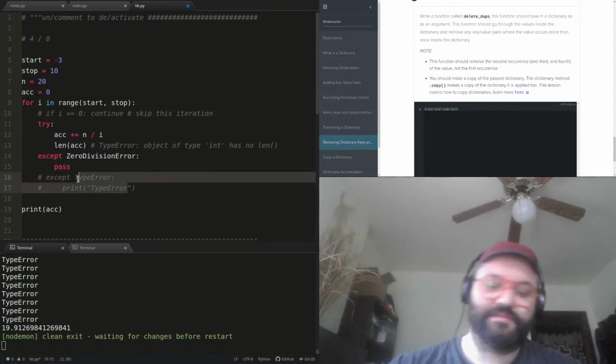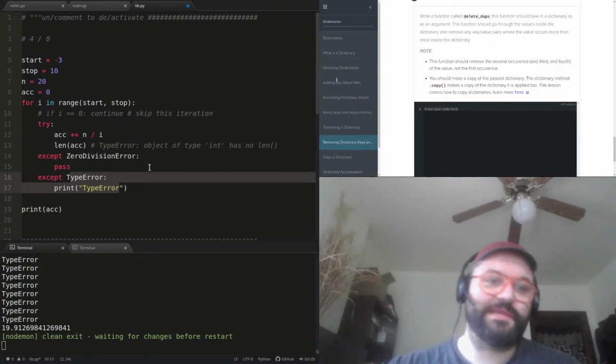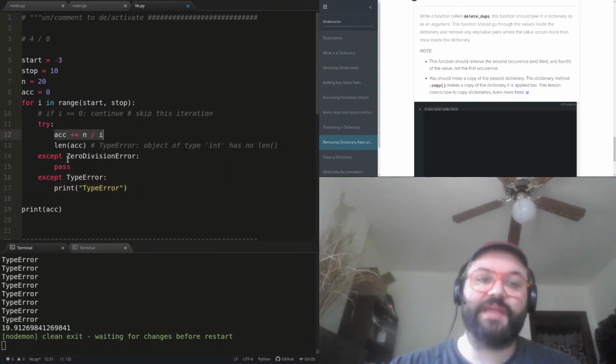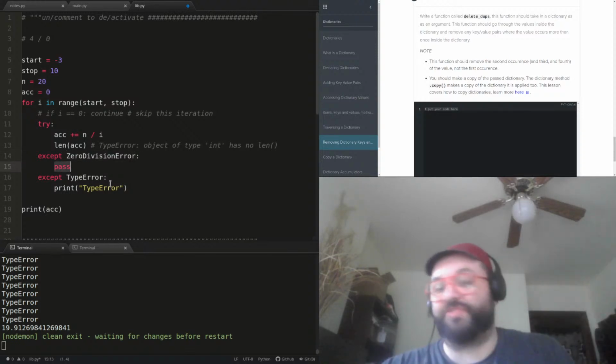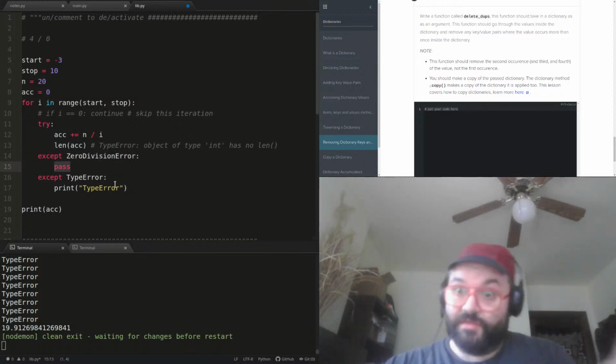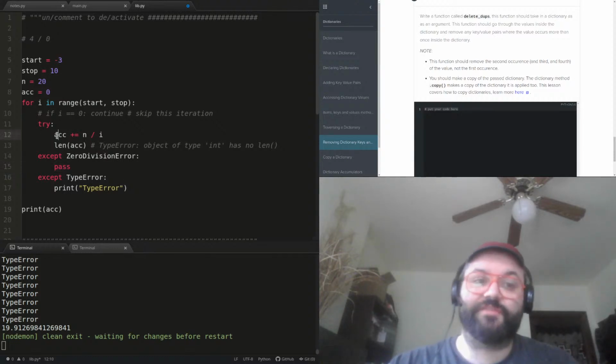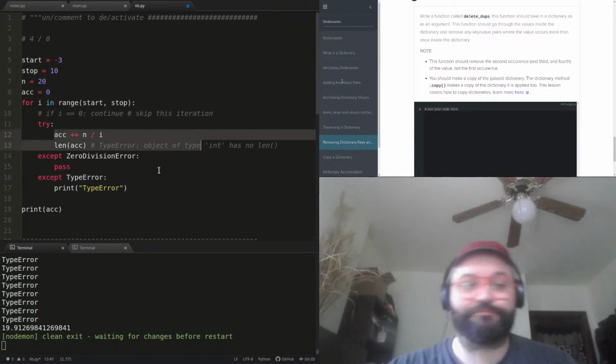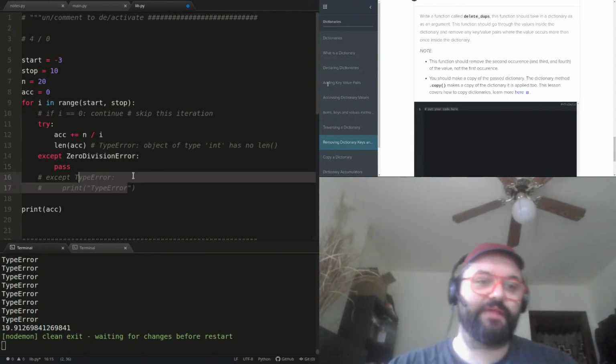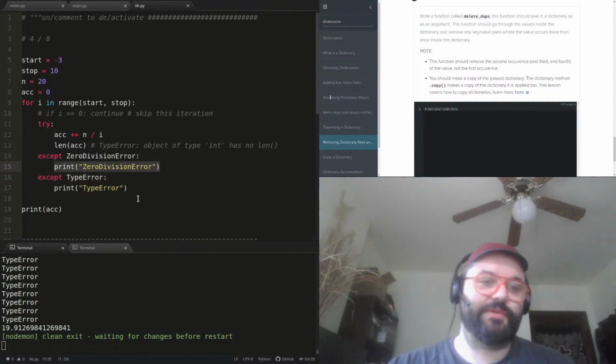So that's something that's fairly common. You try it out, you accept on the error that you care about, and then you just pass. Or maybe you have alternate code that you want to run specifically if that error does happen. Maybe you have some other way you want to calculate it, whatever. You can figure that out. Let's try this. We'll go back to that for now.